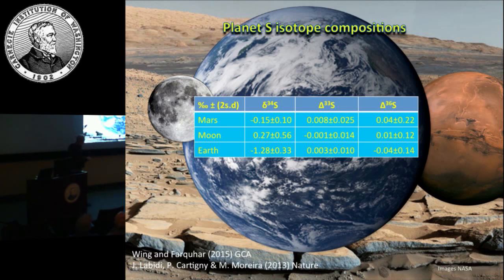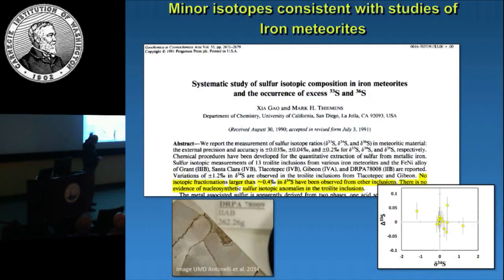And where this fit in as well was if you look at iron meteorites, normalized to troilite from one iron meteorite. This is a troilite grain here in an iron meteorite. The studies of iron meteorites had shown that they had values very close to zero, or average values. Now this scale is larger. This is a study about 25 years old now, but it did suggest that they had the same composition.